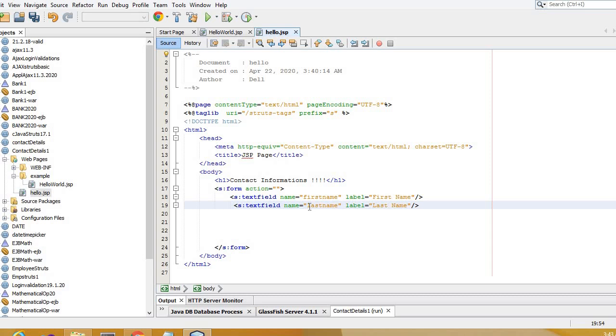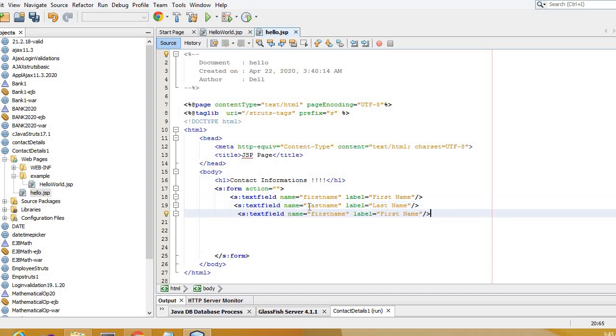After this, we'll have some more fields to be added. Let's say we want mobile number or cell number information to be added, cellNumber. Okay, and I'll give the label to it as Mobile Number.